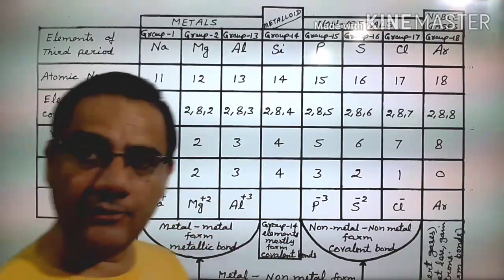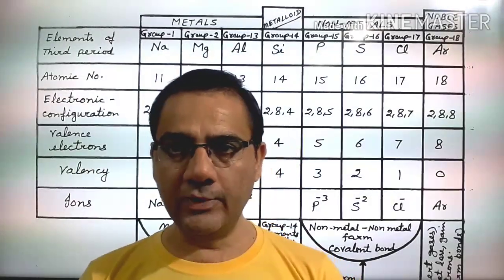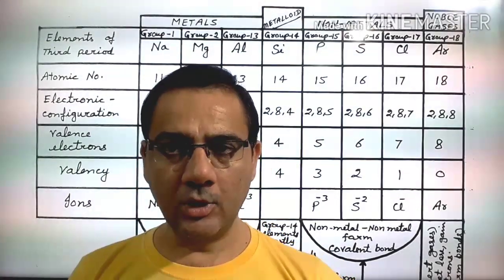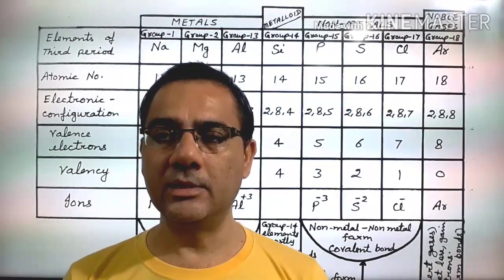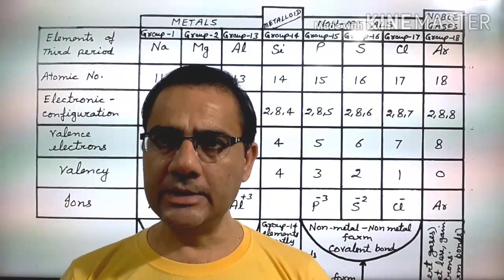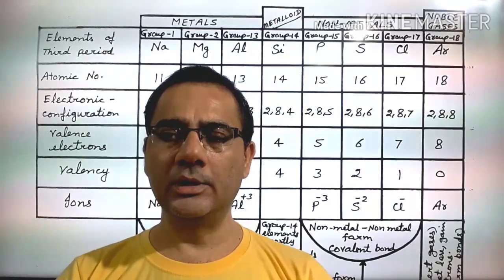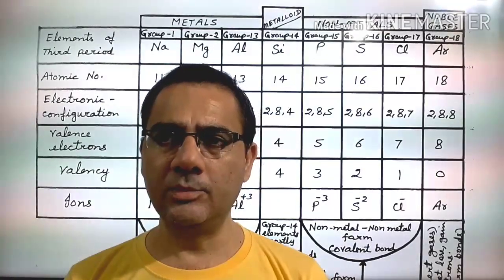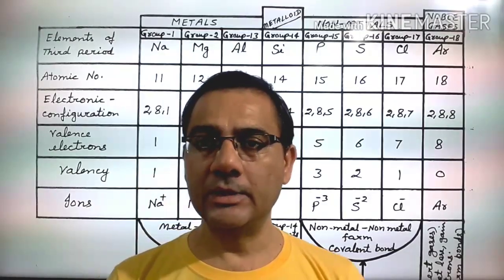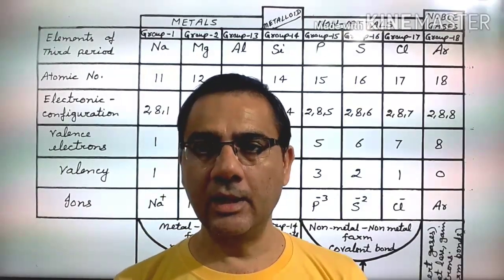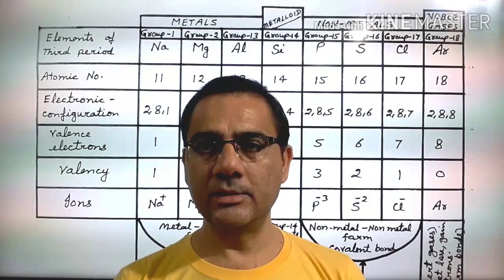So what is easier for this: losing its own 1 electron to another atom, or gaining 7 electrons from another atom? It is simple. It is easy to give 1 electron to another atom. Give your one electron to anyone, there is no problem. But taking 7 electrons from another atom is a difficult task. So what will it do? It will give its one electron to an atom.